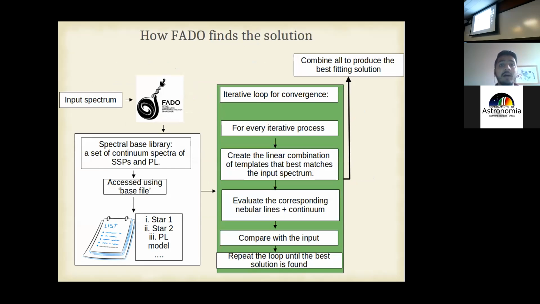So how does Fado actually work? How does it find a solution? When an input spectrum is given to Fado, it goes to a spectral base library. What is a spectral base library? A spectral base library is a list of stellar populations, power law models, or any other radiation field, and it goes there, and